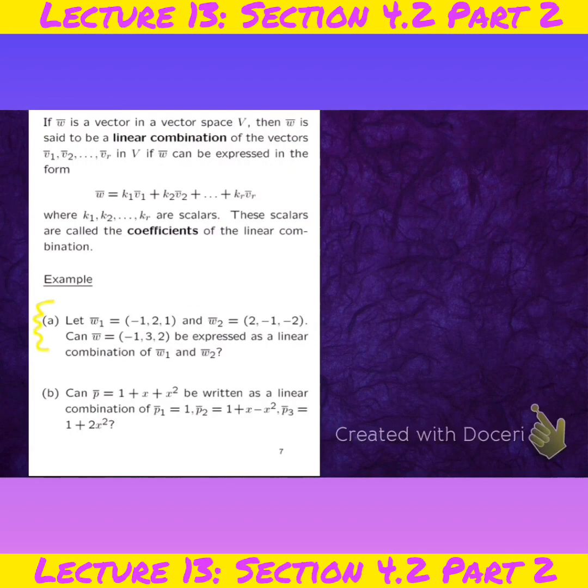So to establish this, let's assume it can be done and see if we can actually do this. So let K1 and K2 be scalars such that